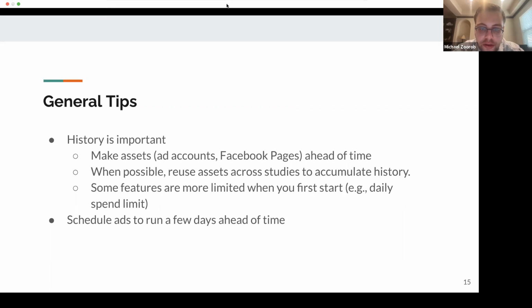Is there a history, even though they need to use a different Facebook page? Yeah, I mean, I think you can definitely still use the same ad account, even if you're using different pages. That's a very common thing to do. And page history is important, but obviously, like you've described, sometimes it doesn't make sense to use only a single Facebook page. But if you use the same ad account, that can be helpful.